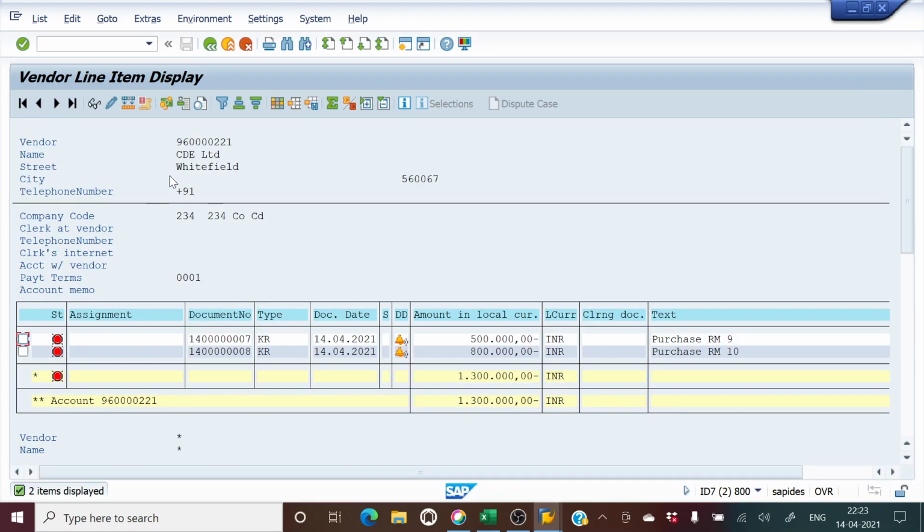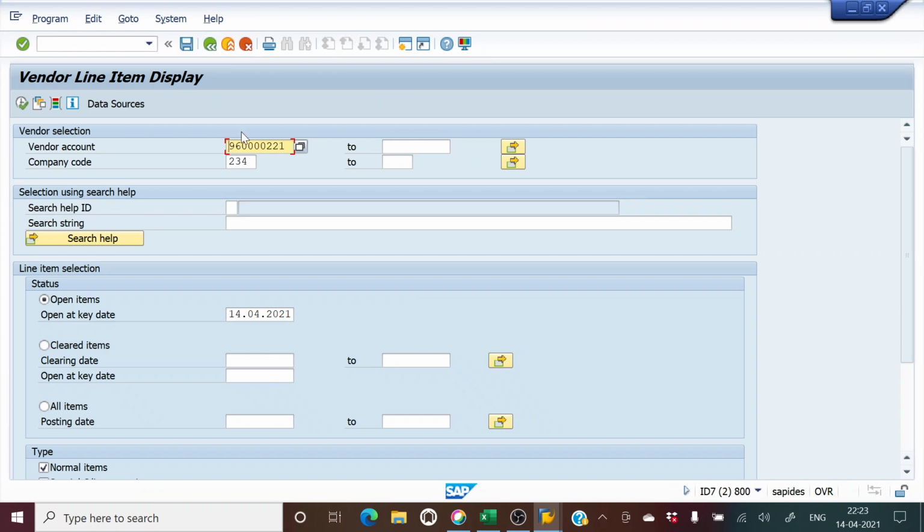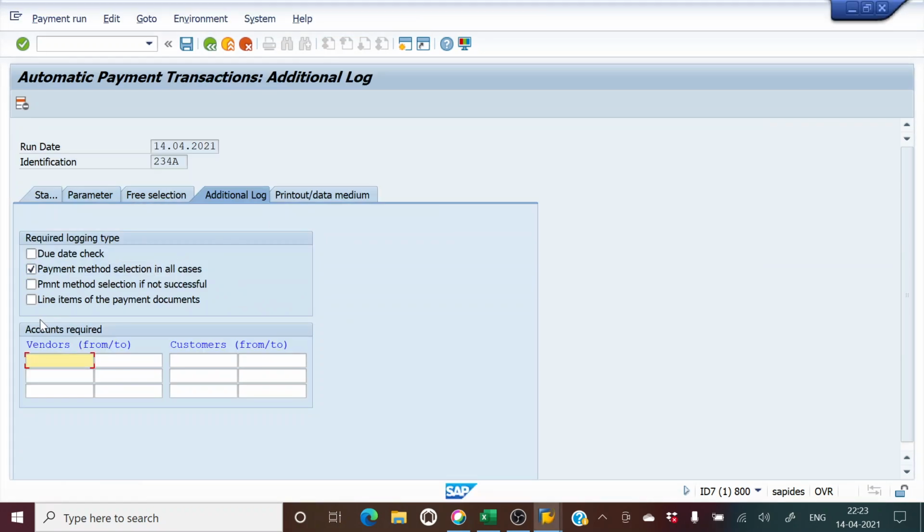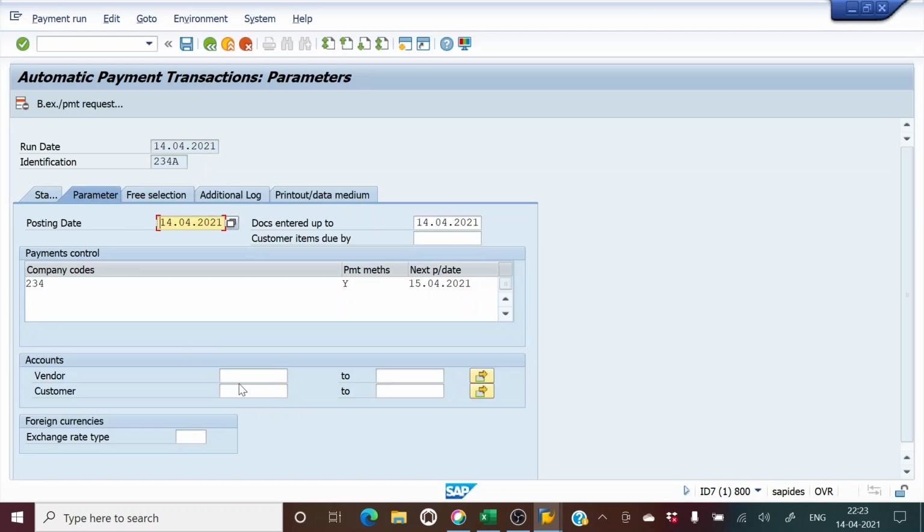So we'll go here. We'll select this vendor. All right, and you can select a range here as well, and we are all set.